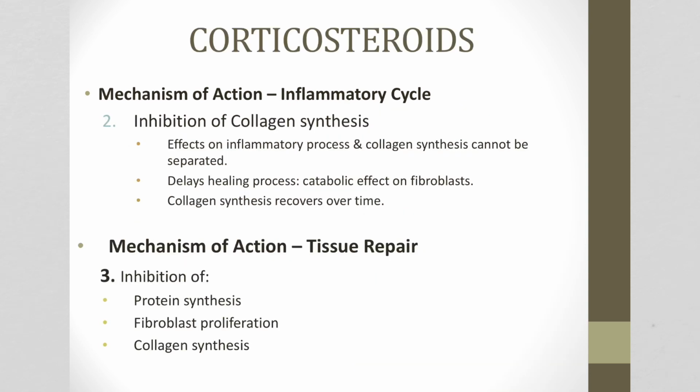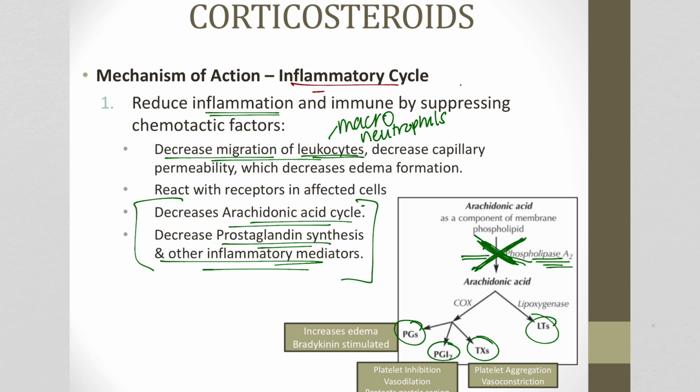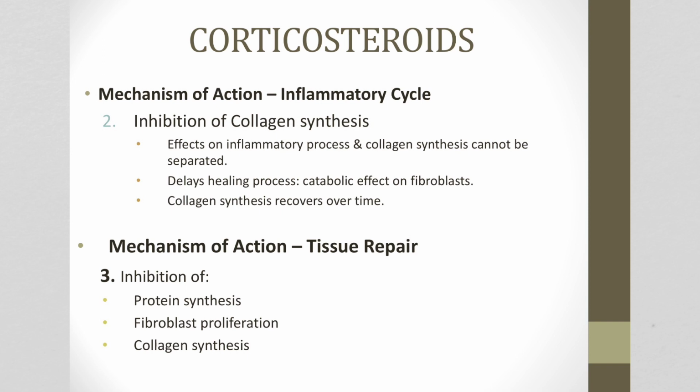Those are things to consider. So as we think about the other two actions of corticosteroids, if we go back, number one, their mechanism of action is right here in this particular portion. They inhibit phospholipase production, which inhibits the ability of arachidonic acid to unbind and then branch off into these metabolites, right? So as we move to the next slide, we've talked a lot about how it will inhibit phagocytic